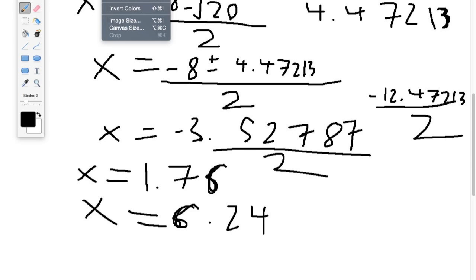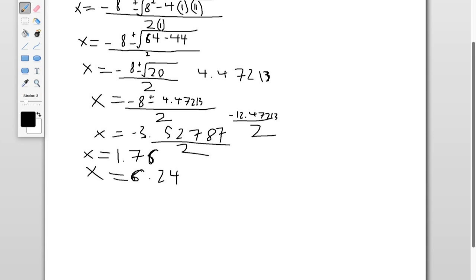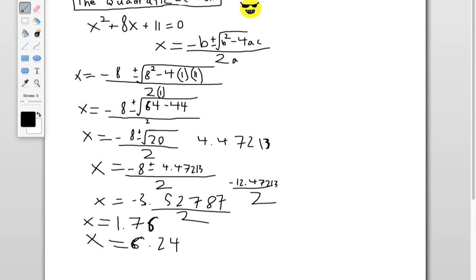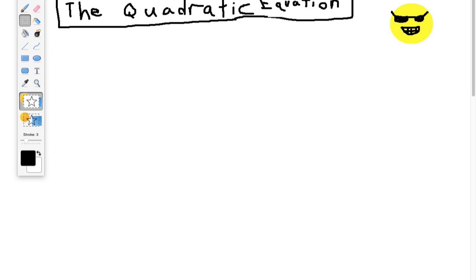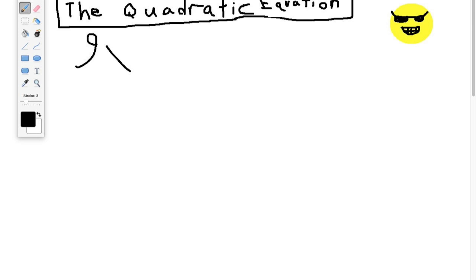Alright, and if we zoom out here just a little bit, we can see that basically what we did is we took the quadratic equation and we got ourselves an equation here, and we used this to break it down and get ourselves two numbers. Now let's say we were going to have a different type of solution. We're going to have an equation as 9x squared plus 12x plus 4 equals